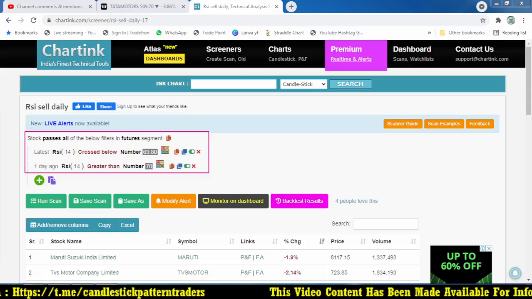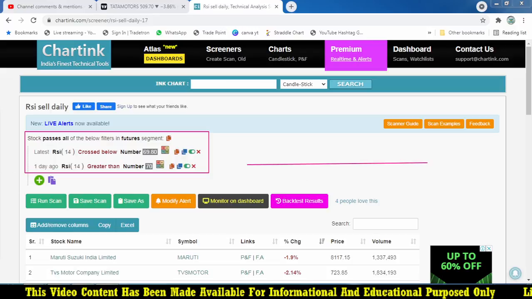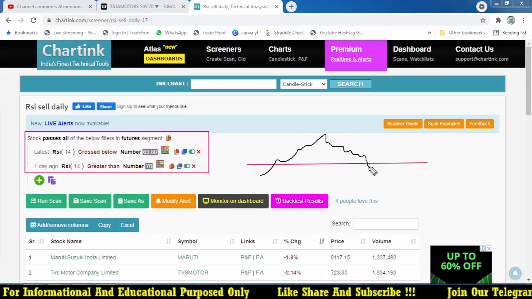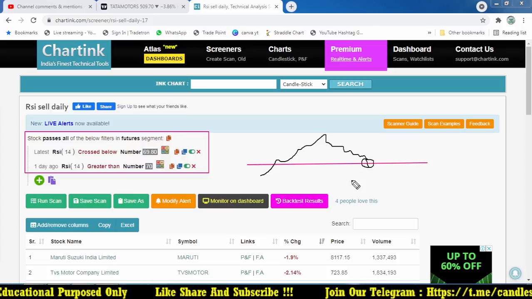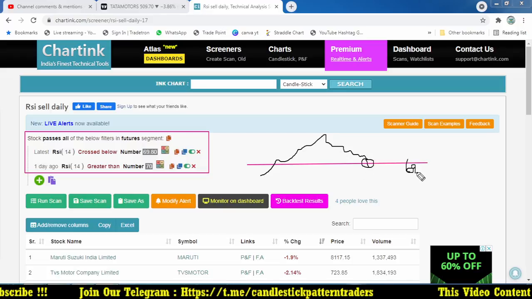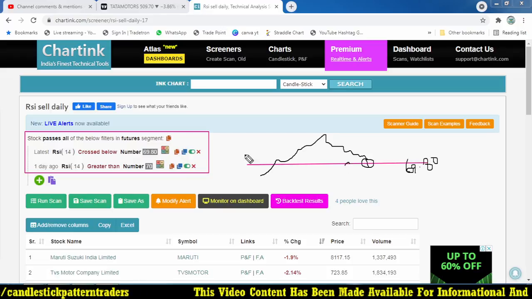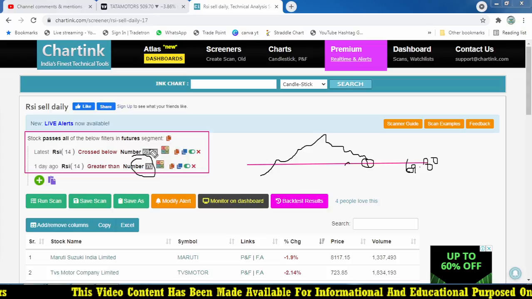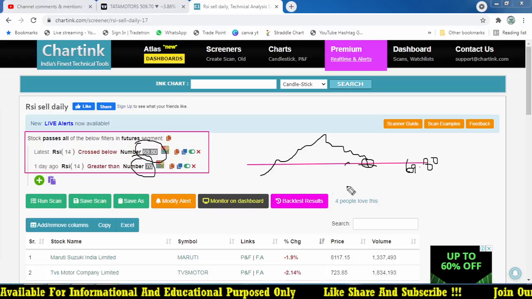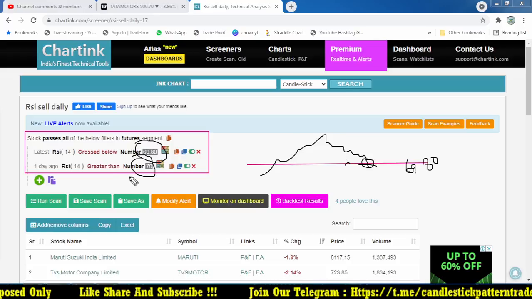Whenever the RSI is trading above somewhere around 70, it must be trading around 70. When the RSI is again back below the 70 level, I'm going to focus on those stocks which form this kind of pattern. When the RSI is back below 69.8, if I mention 70, it is the exact level when the stock touches this level. That is why I gave more than 70, and if it comes back below that, the 0.2 is my buffer. Whenever it comes below 69.8, those kinds of stocks will be alerted by this website.